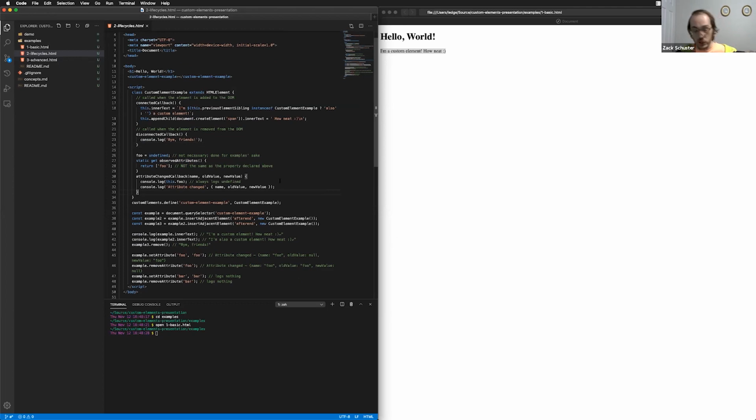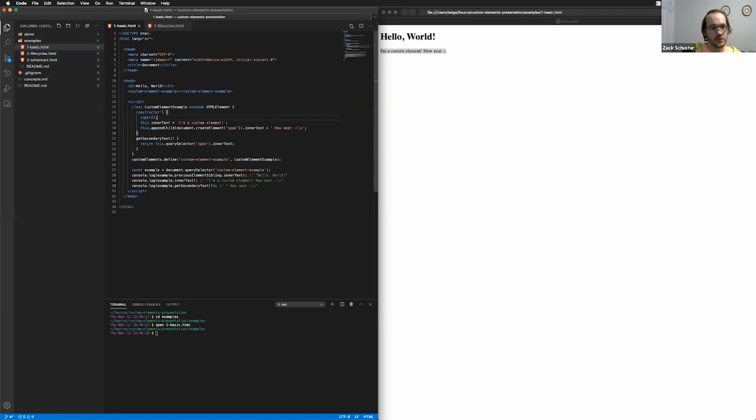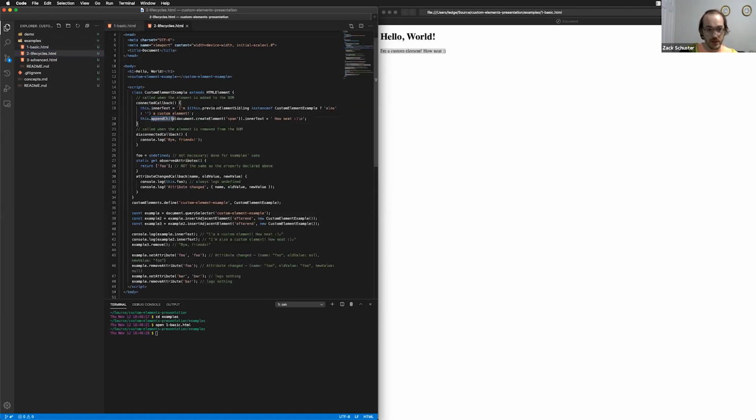But anyway, the ones I think are necessary to know, first is the connectedCallback. If you'll notice, in the connectedCallback this is where we're setting the inner text and doing the appendChild. It's almost the same code as what we were calling inside this constructor. But there's one difference, and it's the reason why we needed to call it inside the connectedCallback: we're looking at this previous element sibling. So if I were to write this code inside the constructor,